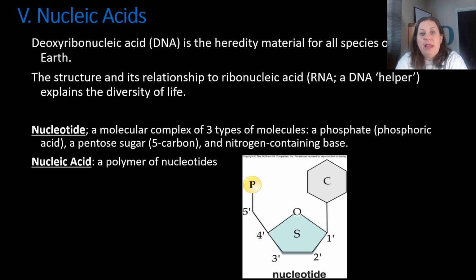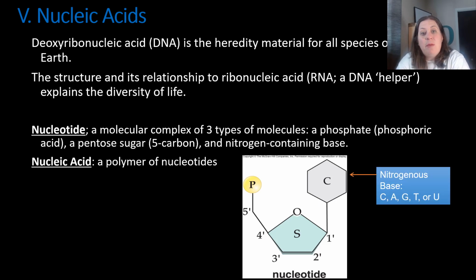The structure and its relationship to ribonucleic acid, RNA, which is DNA's helper. RNA is going to help us make the proteins that we need, depending on what organism we are. Now, the building block of a nucleic acid is a nucleotide. So this nucleotide is going to have three parts to it. It's going to have a phosphate group shown here in yellow. It's going to have the pentose sugar, the 5-carbon sugar that's shown in this lightish green, and then